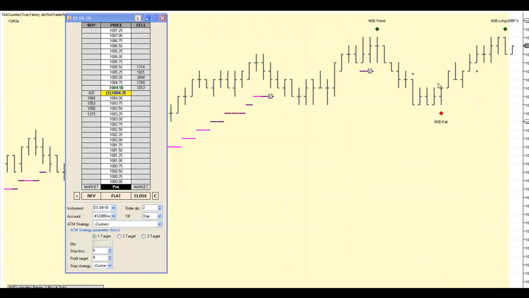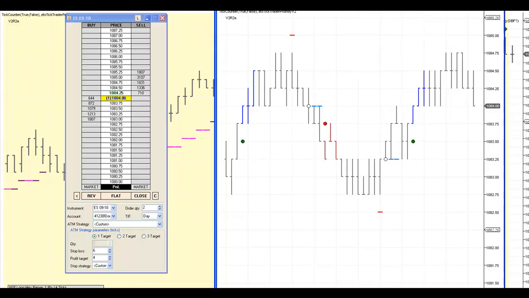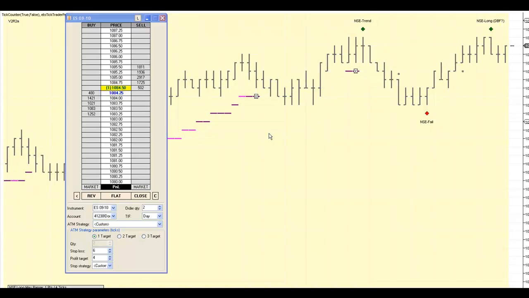And sure enough, it went back up. So what did I do? I used another tool in my arsenal, the early entry technique, and grabbed it to the long side for a quick one and done, calculating on the fact that the market should turn around and either go sideways or turn back around, but there's enough room in there for me to grab my profit off the EET. And that's exactly what happened. So we're still in no zone. We still have not seen the first NSE out of no zone, but that's okay. We got our EET, we made our profit, and we're done for the day. So that's July 22nd. Let's go ahead and wrap it up, and thanks for watching.